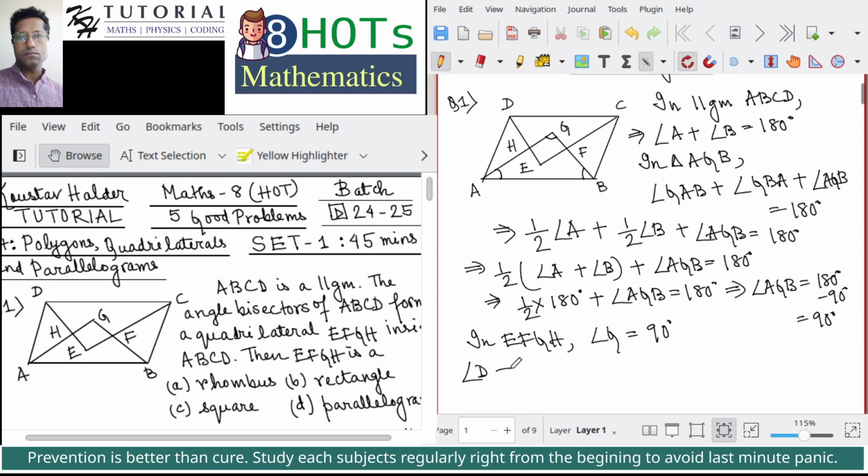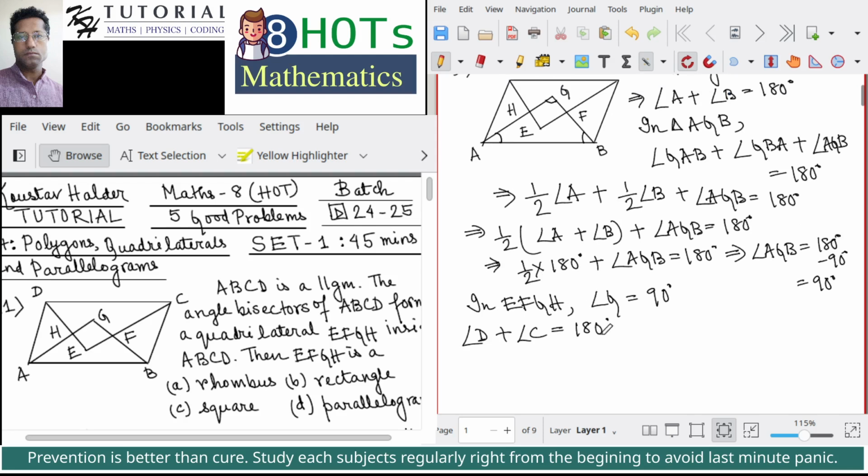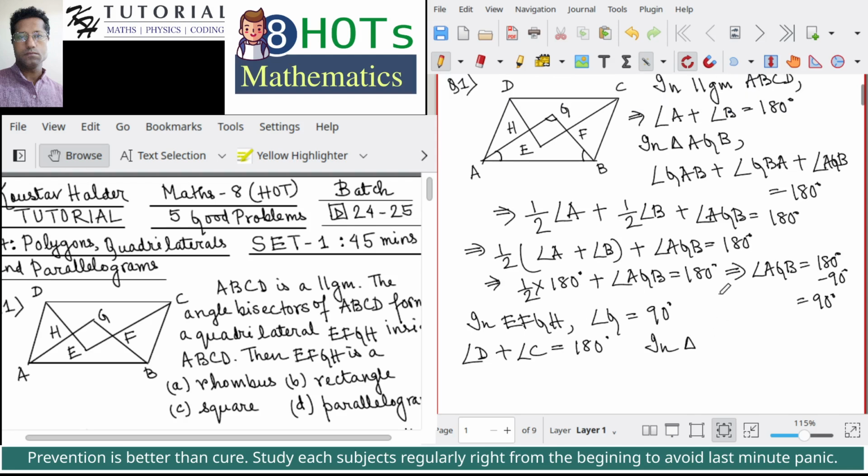Angle D plus angle C will be equal to 180 degrees, as they are an adjacent pair of angles in the parallelogram ABCD. Now in triangle DEC, we have